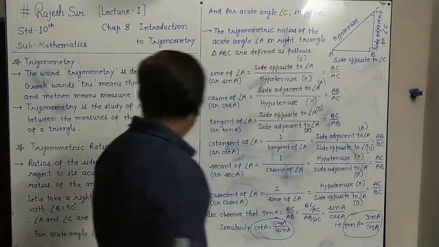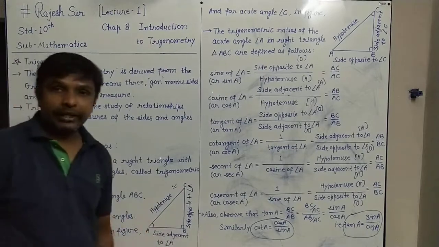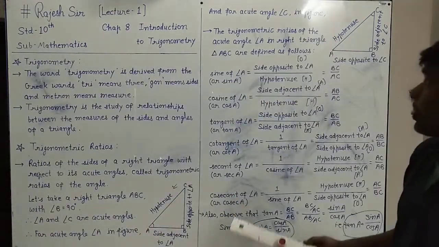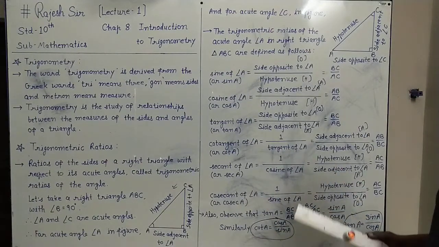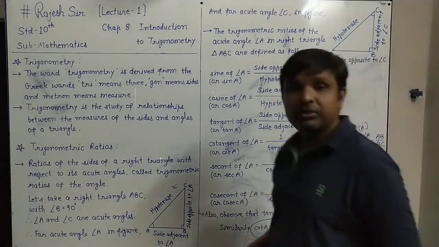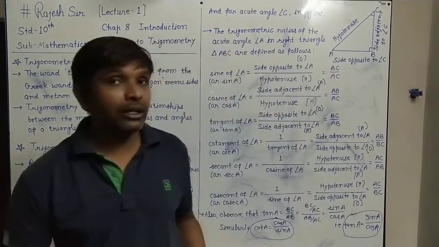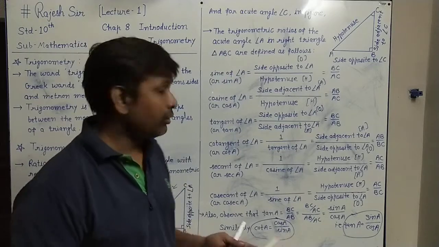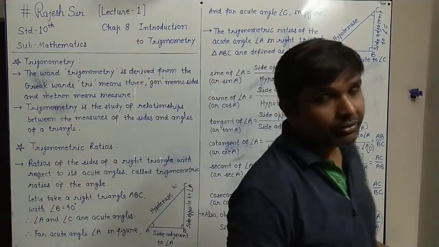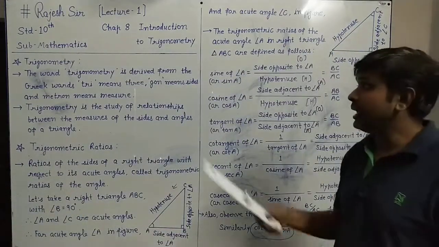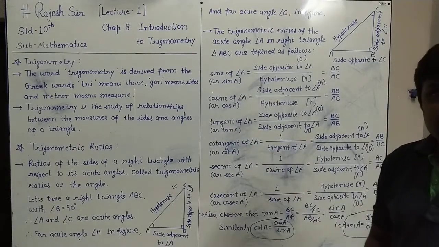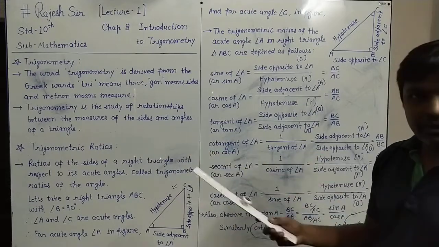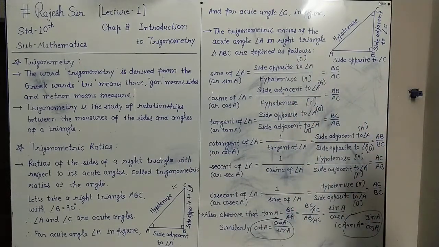So this way we have defined in this lecture the trigonometric ratios. Write it very carefully and understand it. It is very simple, but understand it well because it is introduced for the first time in our course. In the 10th standard it comes first, because in earlier classes we don't know about it and we have not defined it. So it is the start, in the 10th standard, of trigonometry, the branch of mathematics in which we see the relationship between the measures of sides and angles of a triangle.